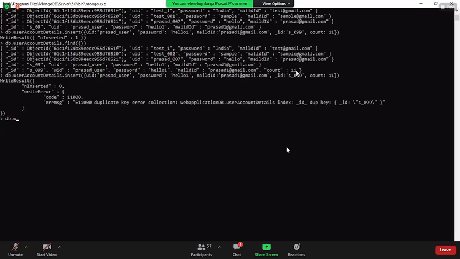Yes. Now you say db dot user account details dot update, which is a predefined method. Under this update, you need to find UID equal to Prasad underscore user, comma, you say sample, some test.